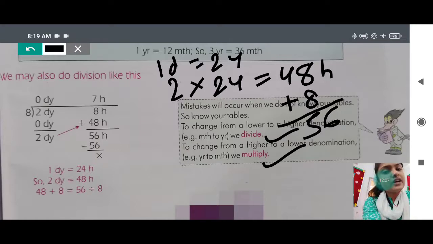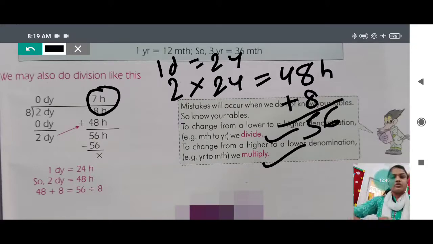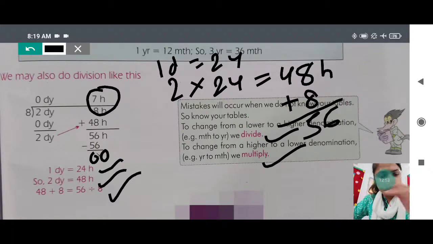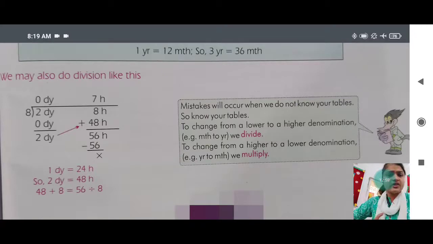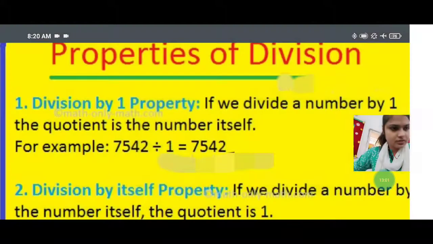Now you have to not divide 2 days 8 hours, we have to divide 56. So in the table of 8, 7 times we are getting 56. So we will divide this by reading the table of 8. 7 times 8 is 56. We will write 7 in the quotient and 56 just below 56. And we will subtract and we will get 0. 1 day is equal to 24 hours, so that is why it is being done. Okay. So we have got 7 hours. As with the same, I have already discussed with you all.